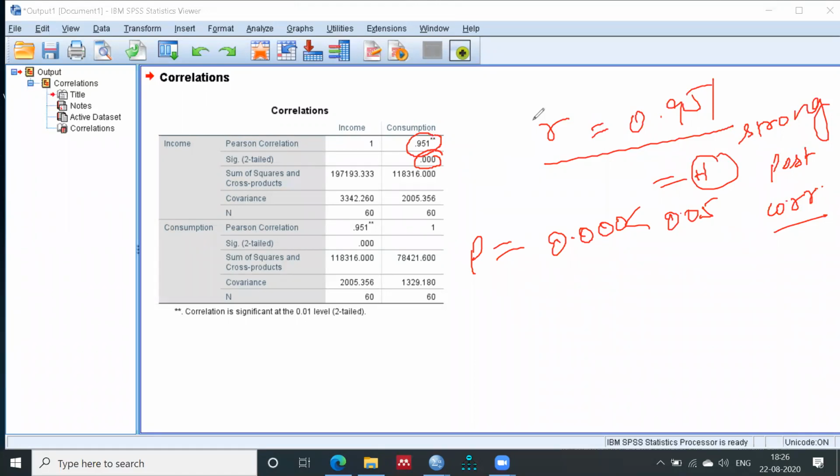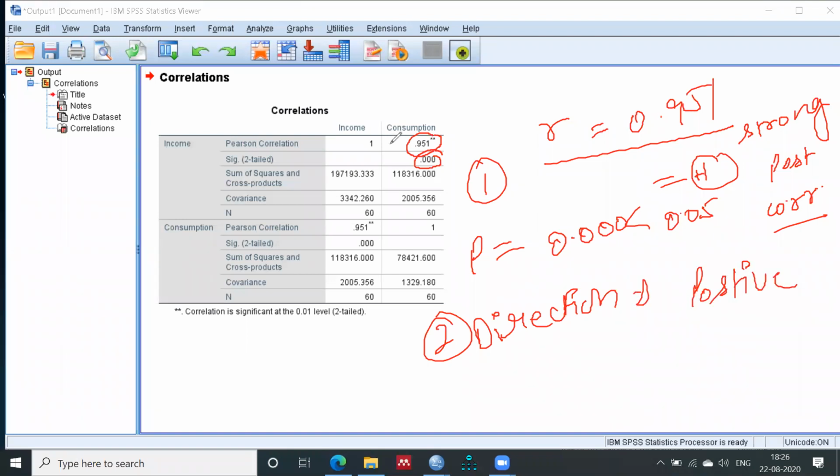Now the next thing, we have to check the direction. Direction is positive because the value that we got is positive, 0.951. So direction is positive. This is the second interpretation.